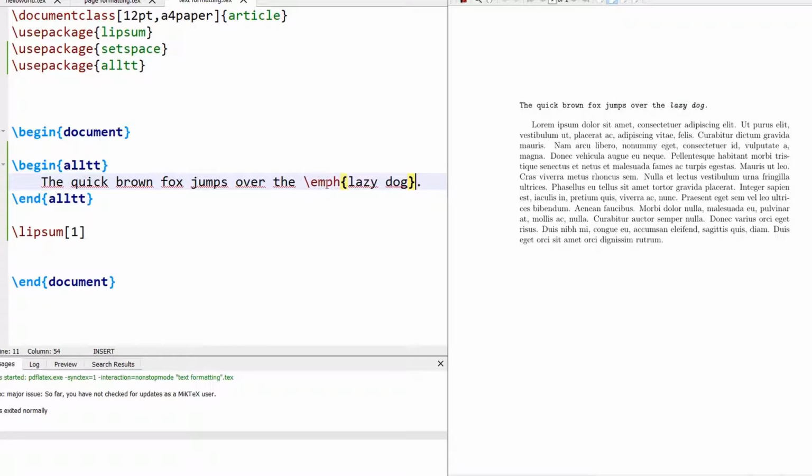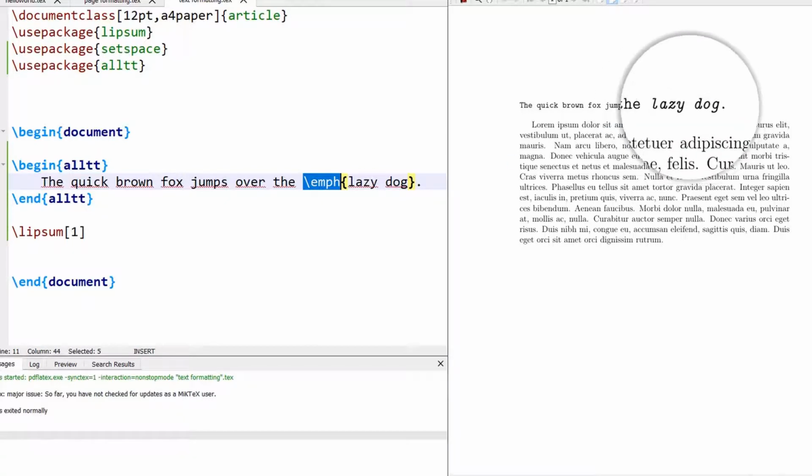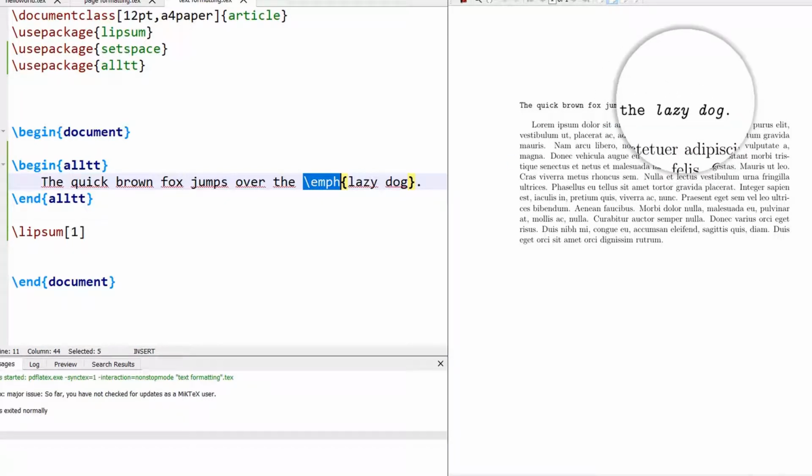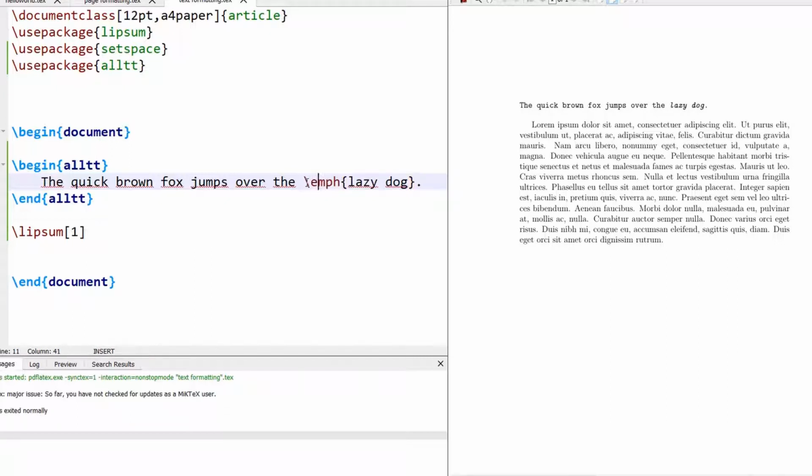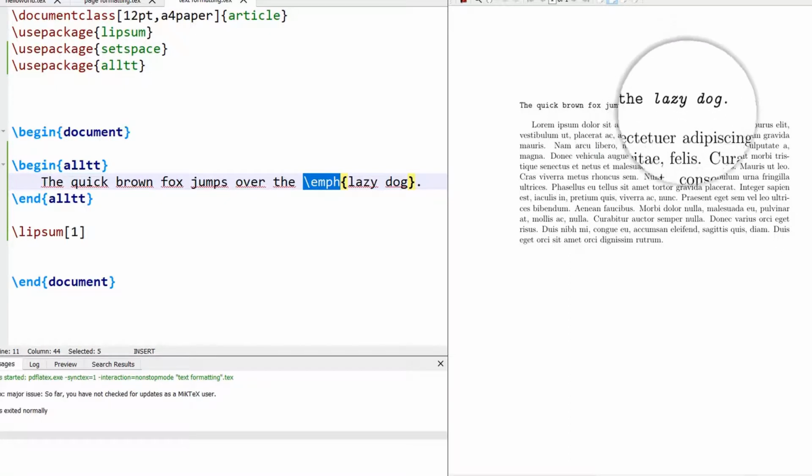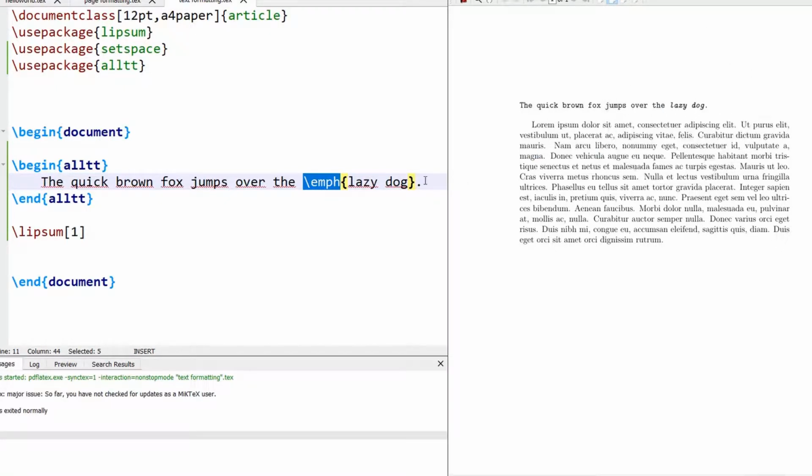Now what if I want to display \emph in the typeset document itself? This is useful when you are writing a text or generating a document wherein you want to show the reader these commands. But as it is, you cannot make this command appear in the LaTeX document because it will be treated as a command of LaTeX and it gets interpreted accordingly.